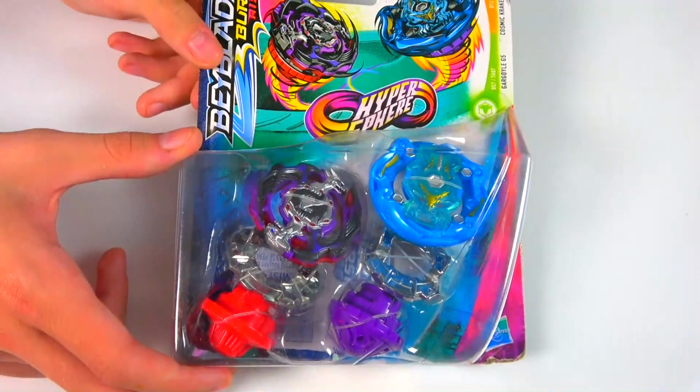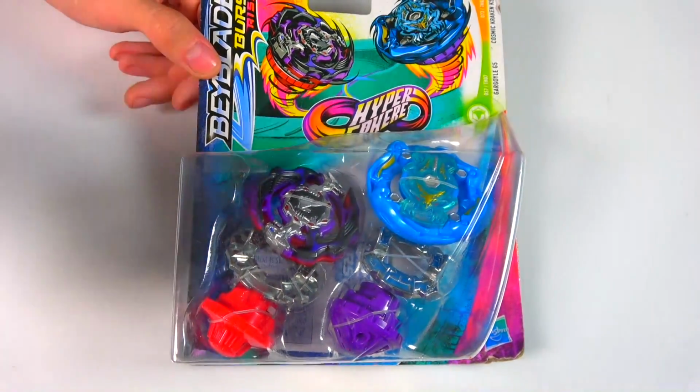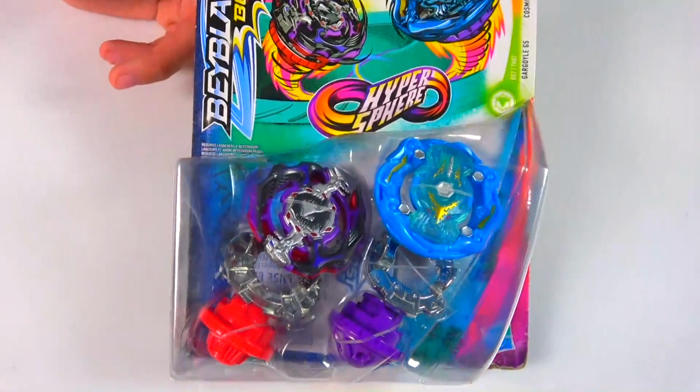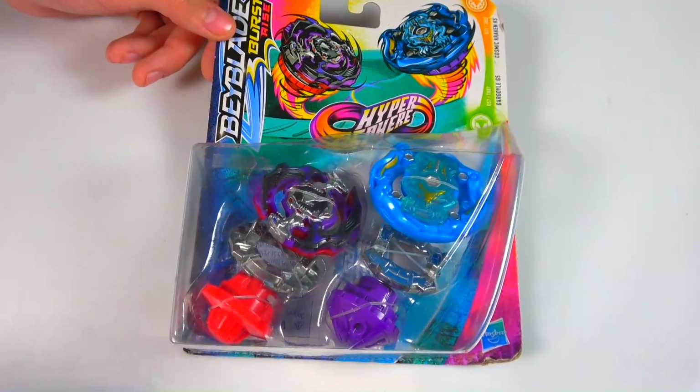So, what's really cool about this is that we get the Cosmic layer base, which, by the way, wasn't all that good to begin with, but we get the evolution of Kraken, and Kraken is probably one of my favorite Hasbro exclusives, and I really like how this chip looks. Funny enough, we also get